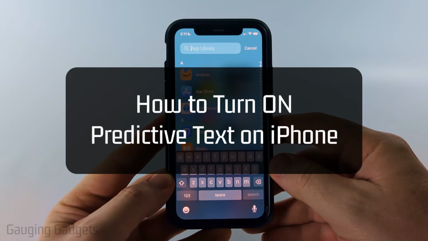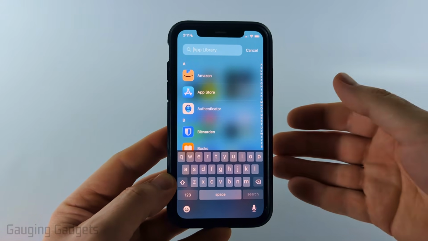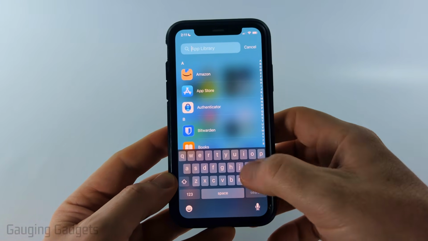How to turn on predictive text on an iPhone. In this video, I'm going to show you how to turn on or enable predictive text on the keyboard on